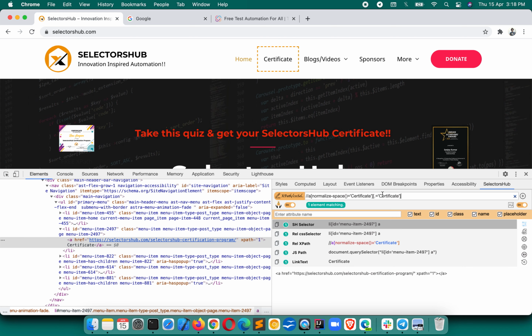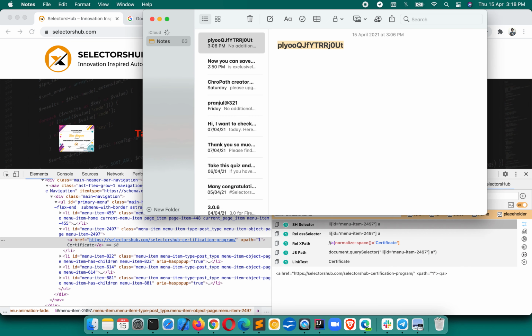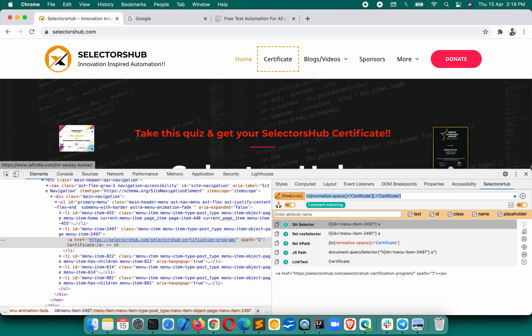Before editing or deleting something, earlier you were copying this value, then going back to Notepad and pasting it there, right? But what we can do now is directly click on this and the value will be saved here. Let's say you have written some CSS selector or something else that you want to save: click on this, it will be saved here, and whenever you want, you just click on it here and it will appear.